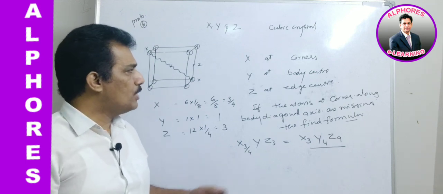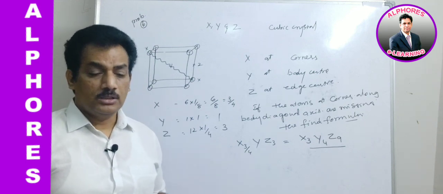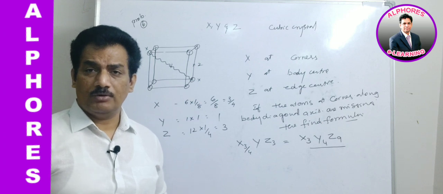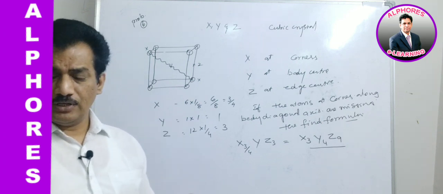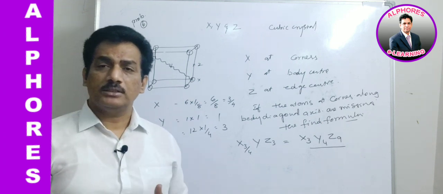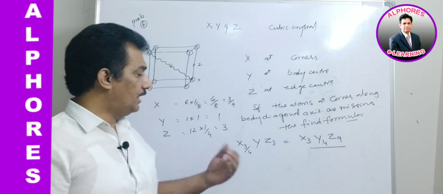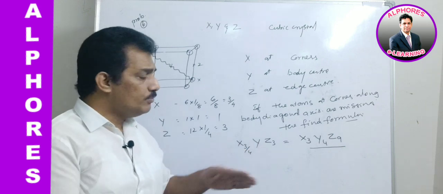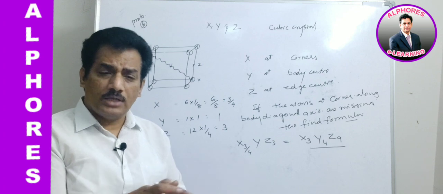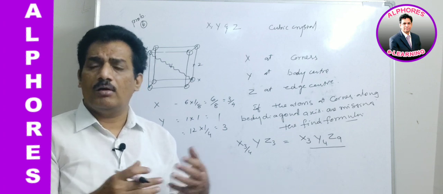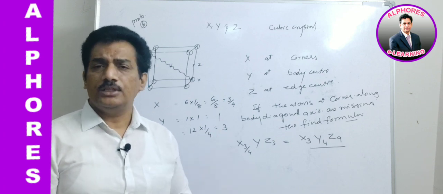Like that, they may ask the question related to the missing of the atoms from different positions by directly giving the data, or they may ask the question related to when different positions are along the axis, along the face center, or along one axis are present in body diagonal.